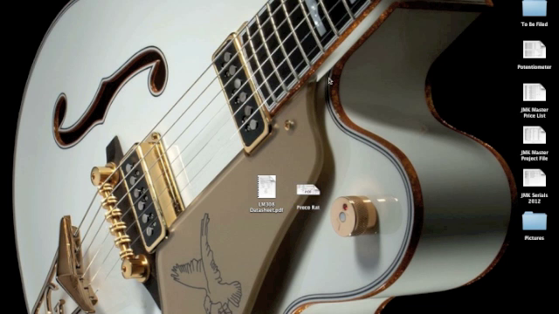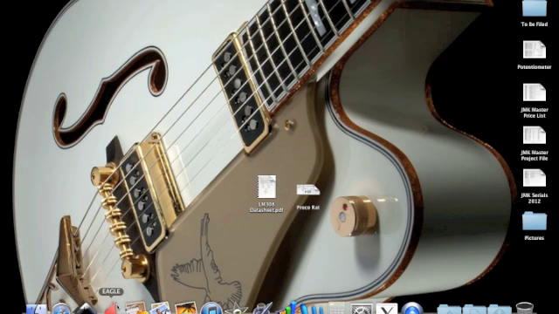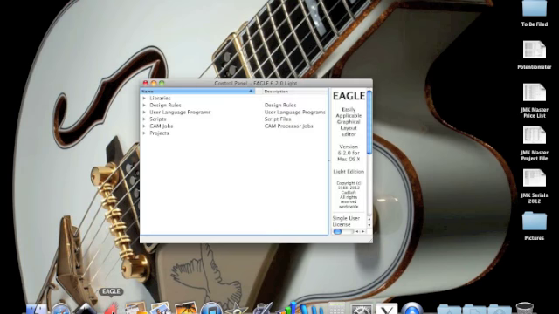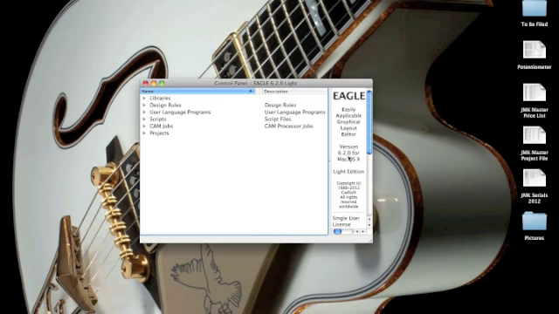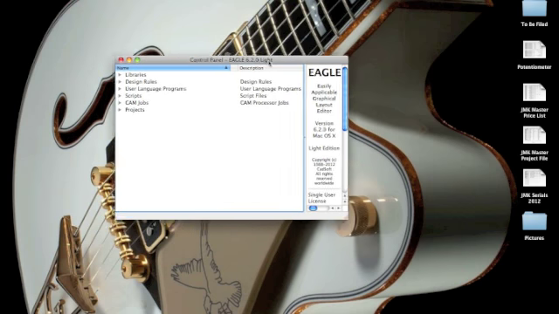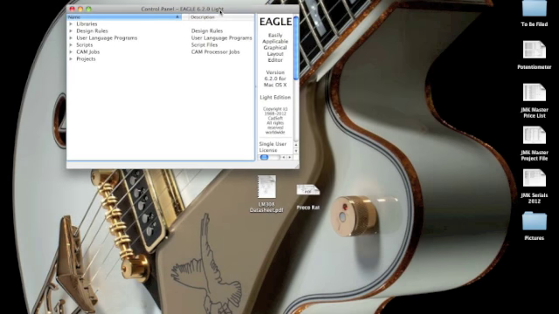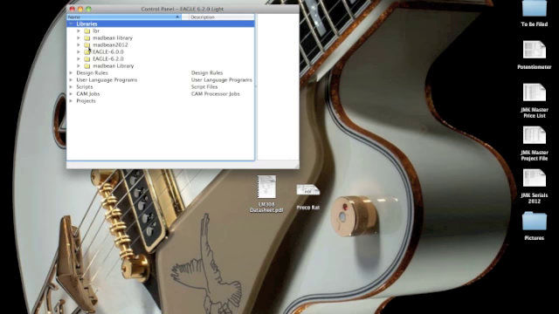Jacob here, I'm usually with JMK something, but today mostly what I'm here for is some help with our favorite layout program, Eagle here. So I'm going to launch Eagle, and I'll let you know that first of all I'm working on a Mac. I'm using version 6.2 Lite, and that my library that I primarily use,